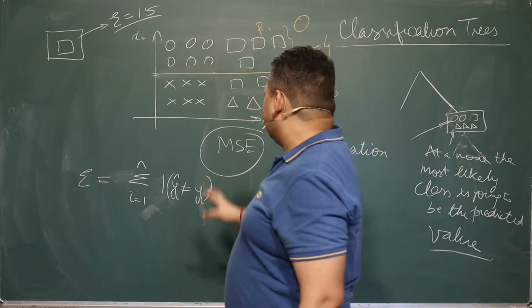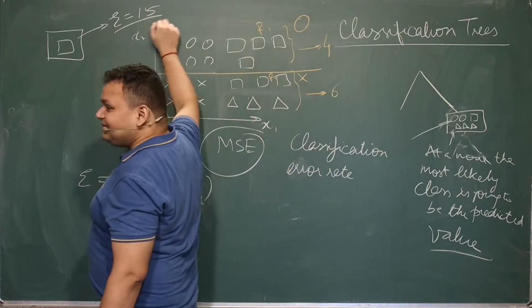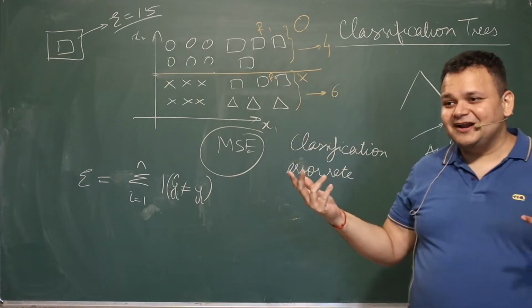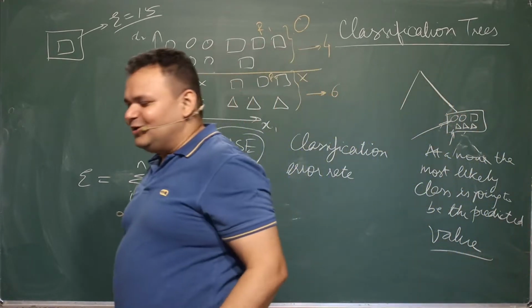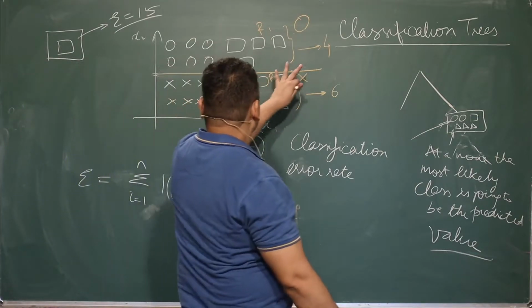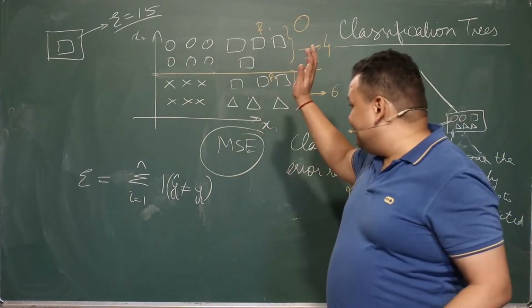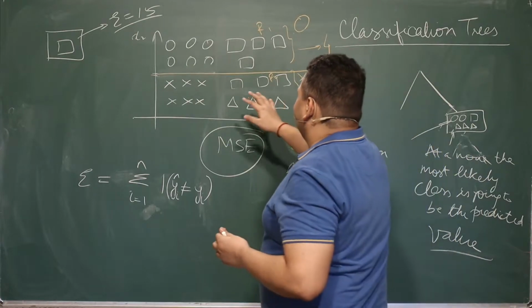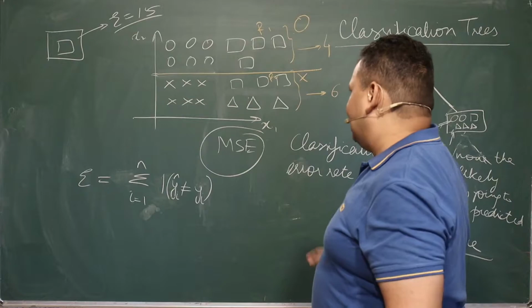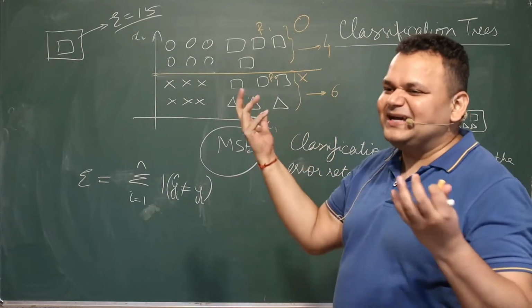ठीक है, so that is one option. Previously my error was 15. Now by making two partitions I have reduced my error. Do you all agree? Anybody who opposes my viewpoint? We have reduced our error by making a partition. Now obviously this is not the only partition. We can choose any partition that we want, and we have to minimize our error.